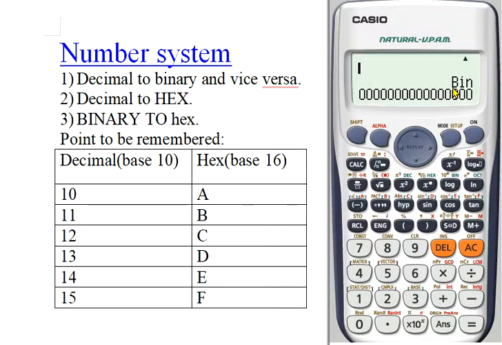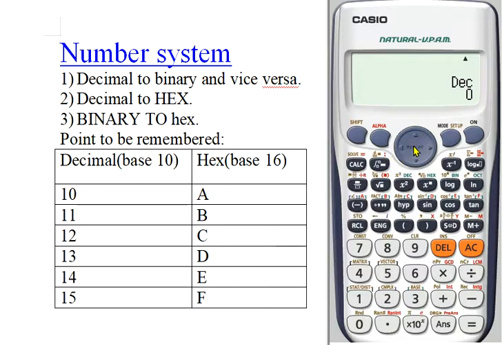But one thing to be remembered, this calculator does not work for decimal fractions. That means if we take numbers like 10.5, it does not work for the point number 10.5. The point is not entered in the display, as we can see here. So this method does not work for converting fractional numbers to the required number system. It only works for whole numbers. This is the demerit of this calculator.